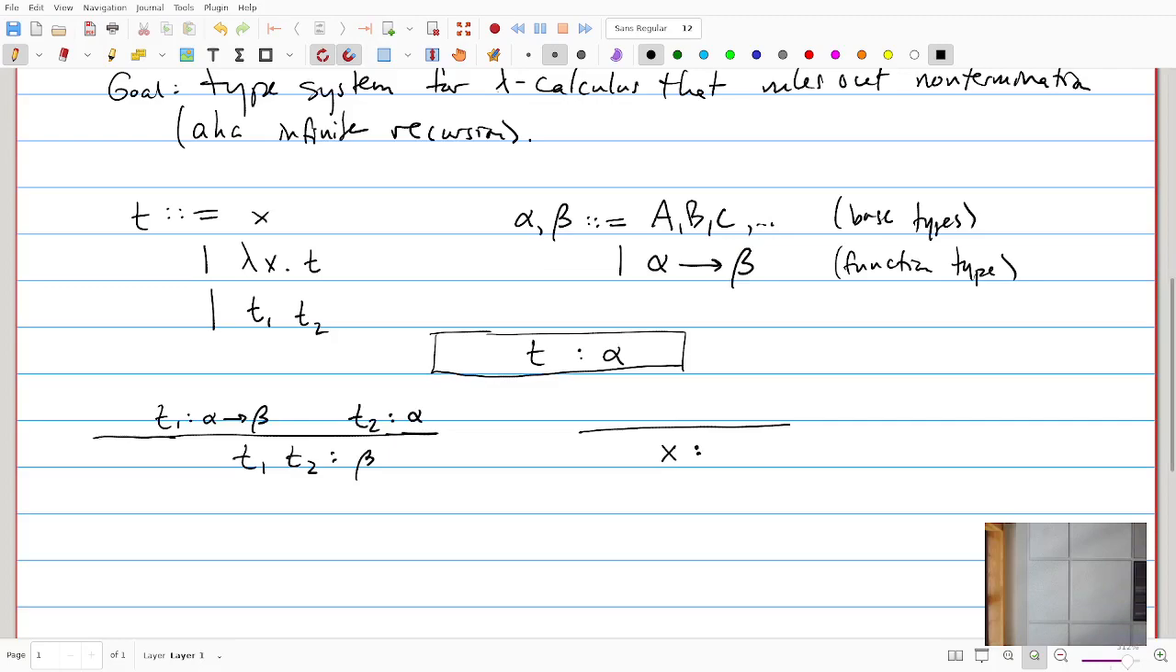If I just see a variable x, what type does it have? It's a trick question. And how do you know? The answer is, I don't know. It's a variable. How am I supposed to know what type it has? So the point is